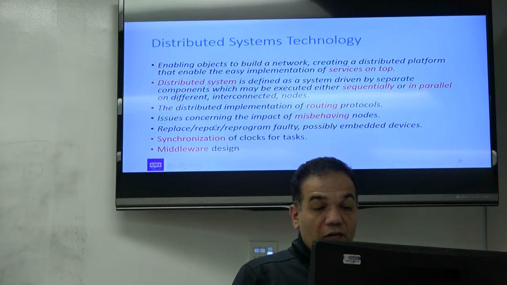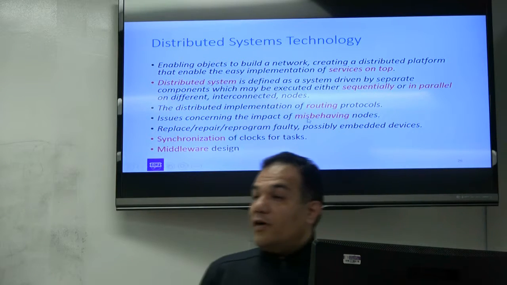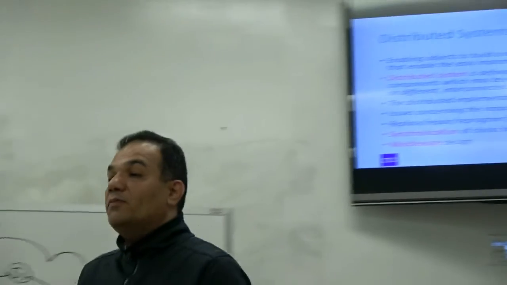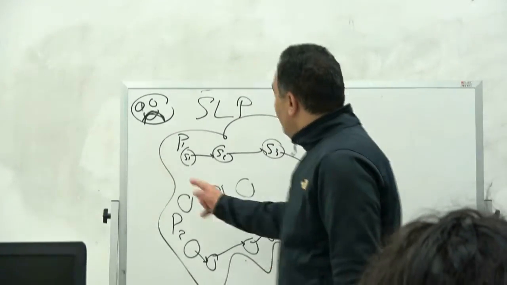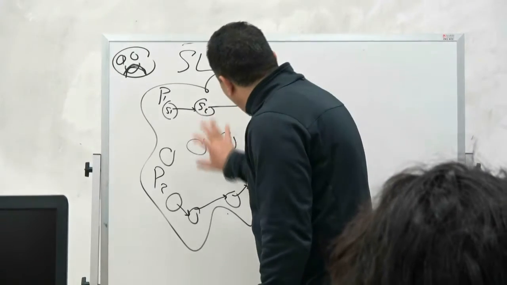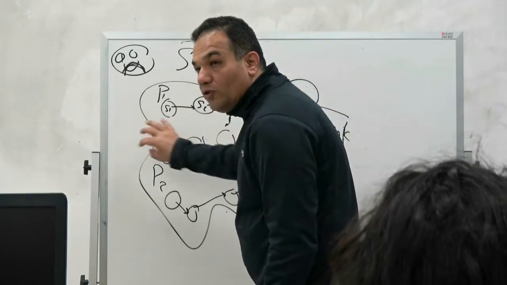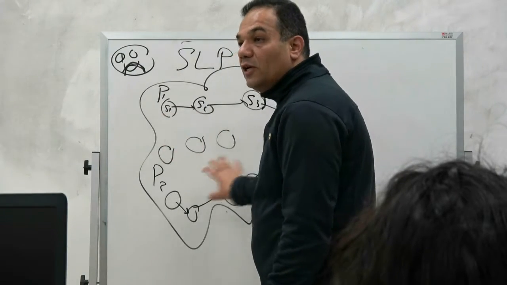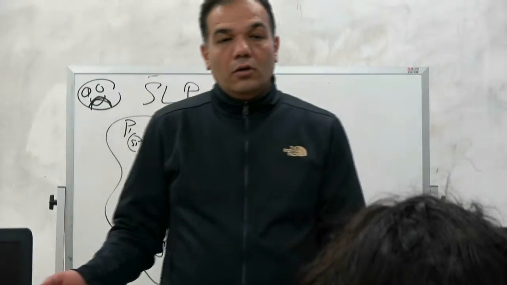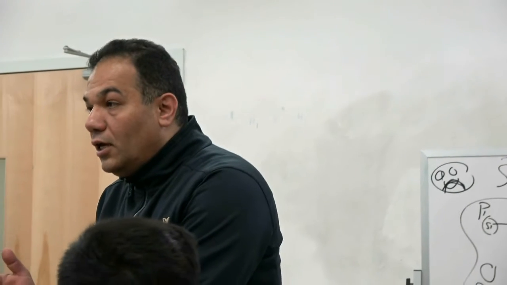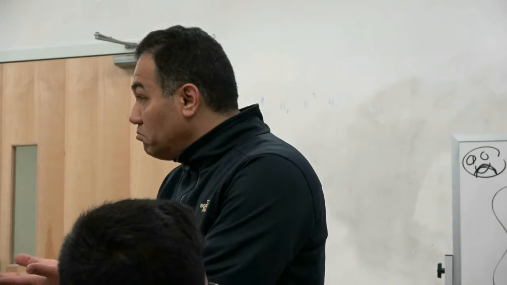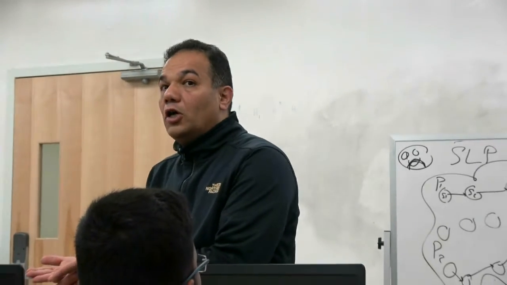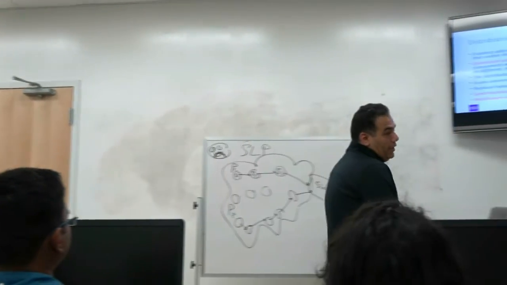Then issues concerning the impact of misbehaving nodes. You have a network of thousands of nodes, some of them misbehaving. Here, for example, delivery of the data from here to here depends on the behavior of the one in between, because there are relays. This one cannot send directly; it has to send to another node. So if these start misbehaving, what will happen to the whole network? It will stop working. In any network something could go bad, but everything depends on something else. So what do you do with misbehavior in the network? What kind of fault tolerance do you have in the network? All of this you have to address.